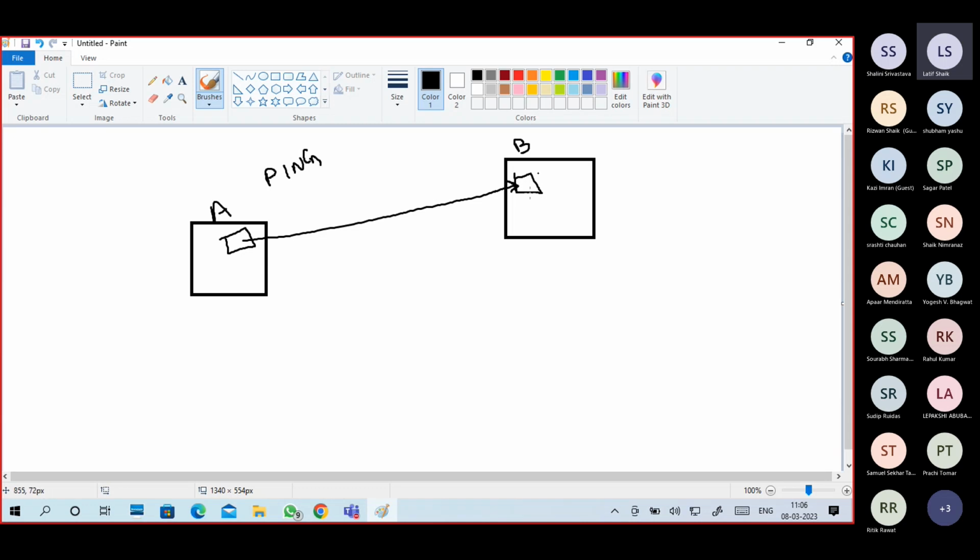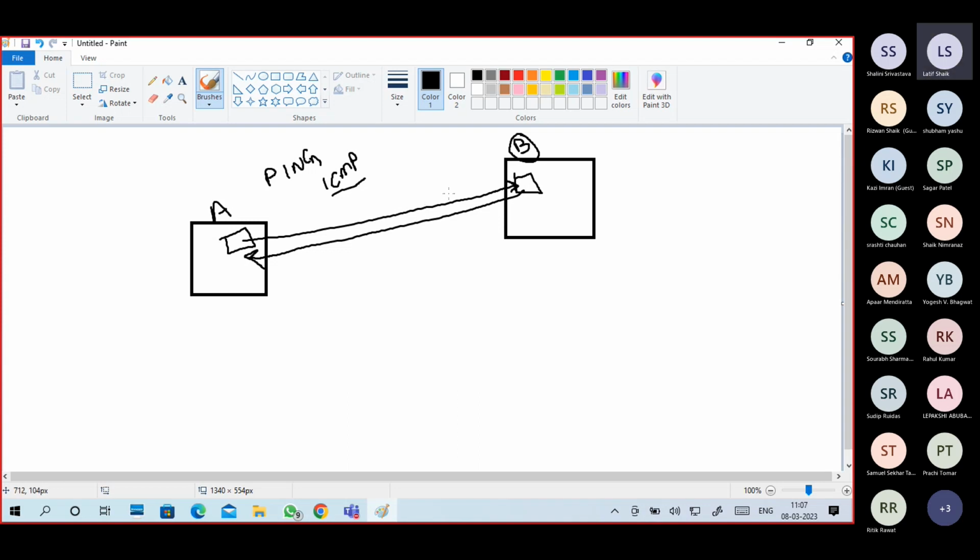So from A to B, ping request, ping uses the ICMP protocol. If you put a ping command, the ping command uses the ICMP protocol. So we received an ICMP request. It understands, yeah, you are trying to ping me, so it is an ICMP request. Then according to that, it will give an ICMP reply.